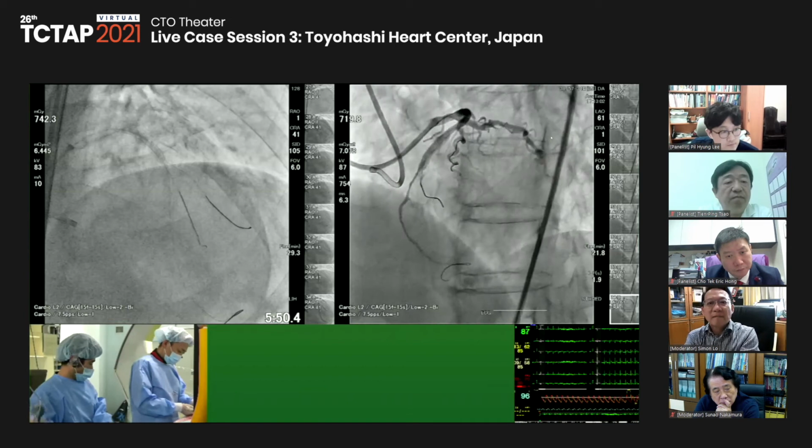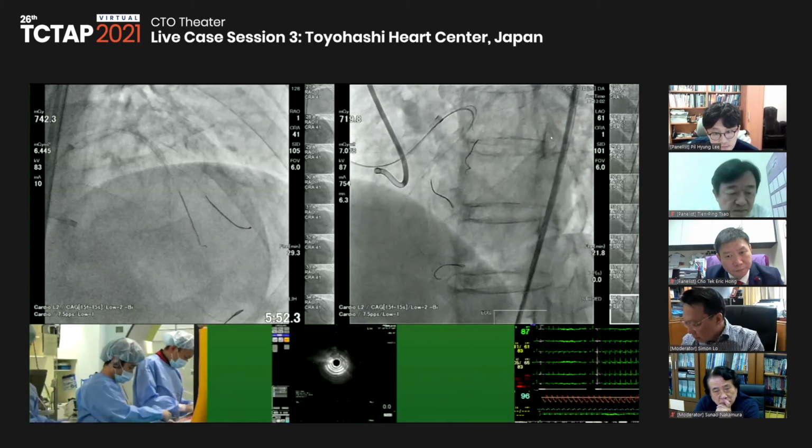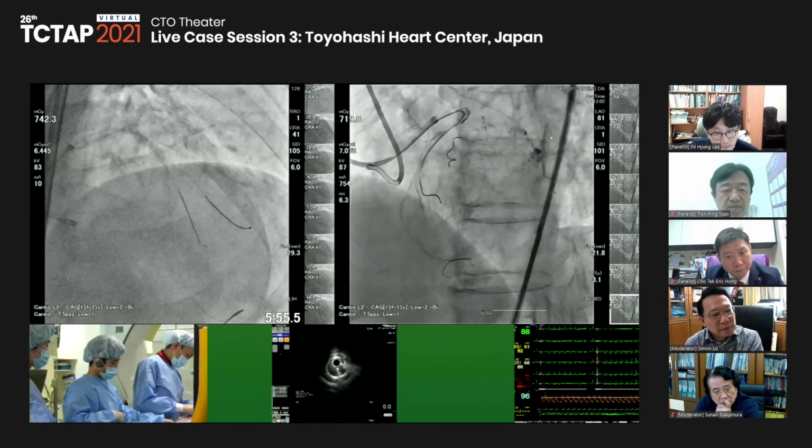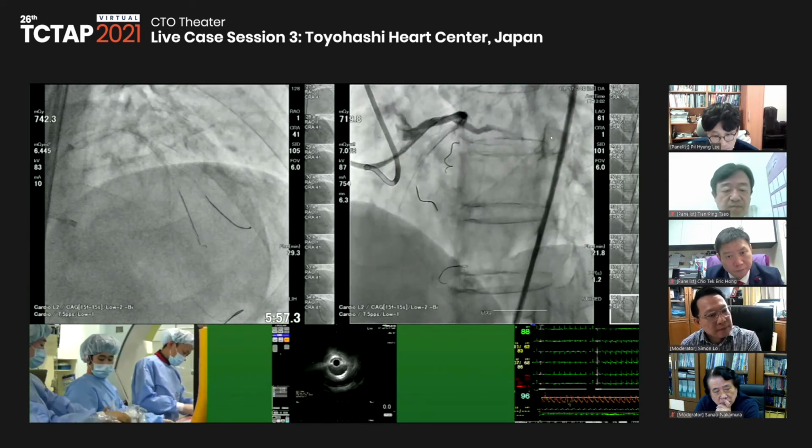So I want to confirm the wire position and then decide the balloon size for the final kissing inflation.